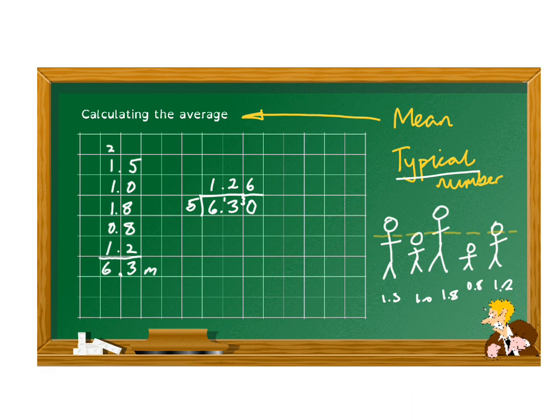So our final answer here is that the mean height, or the average height, but we'll say mean because it's slightly more accurate, the mean height of these children is 1.26 meters. Just check, nobody is actually that height, but 1.26 represents probably that yellow dotted line there. So the average height